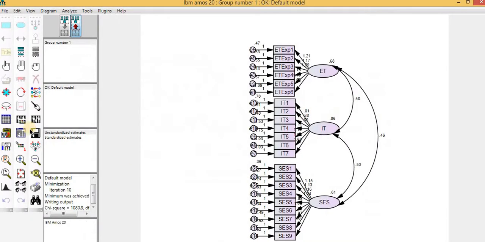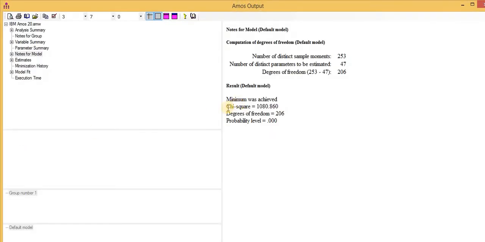So when you perform the analysis by clicking on this button, then this button will be active. Earlier this was not active, this was hidden. You would not be able to click on this button, but when you perform the analysis, this button will be active for you to see the results. And now you can use the view text button to see the values. This is the value of chi-square and this is the value of degree of freedom.